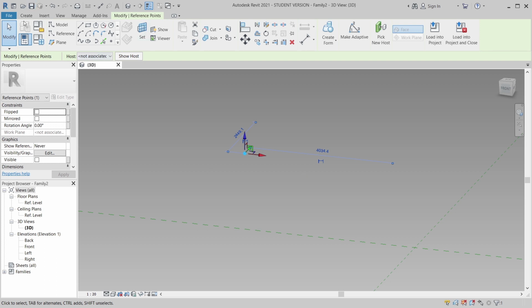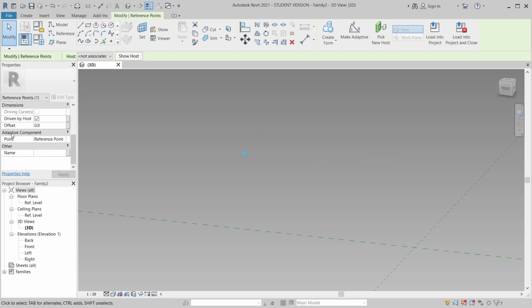One, you just go to your toolbar there, then go to make an adaptive, or you can straight away go to your property panel there and drop down, finding adaptive component. As you can see here, point, and there is mentioned here this guy over there is only for reference point. If I drop down that, I will show two more. The two more guy there is also the adaptive component, but for placement point. If you're using placement point, when you place another point they will mention placement, they will mention adaptive number 1, number 2, number